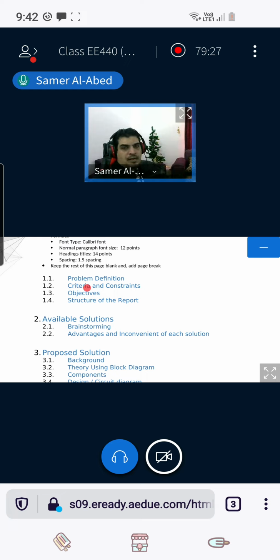Who would like to put them in a paragraph? By the way, I don't like to put criteria and constraints in a paragraph. Objectives should be bullet points, or numbers, or a table. For the structure of the report, bullet points would be acceptable in general, because then it becomes like a table of contents.